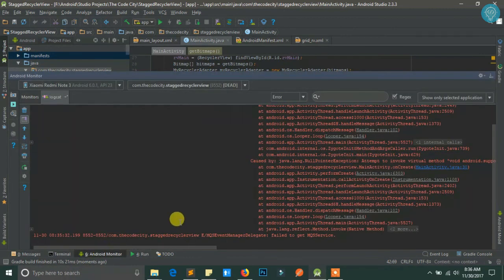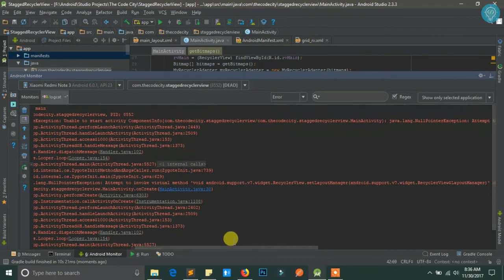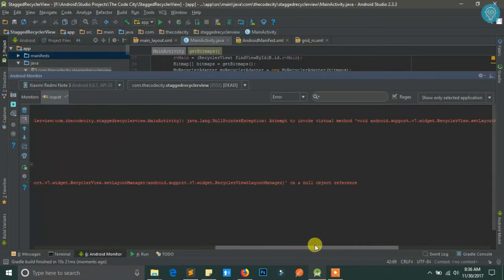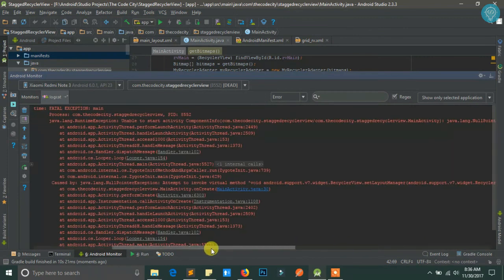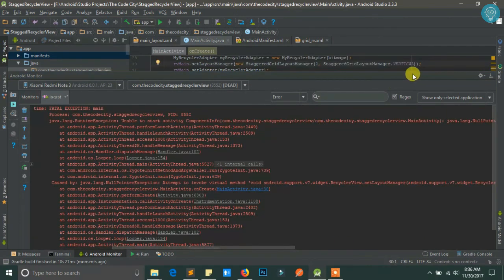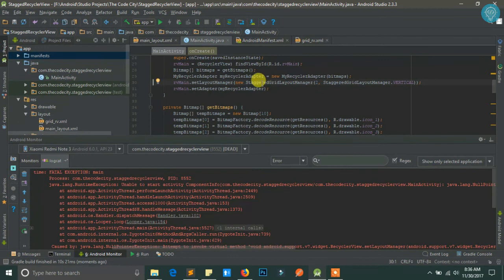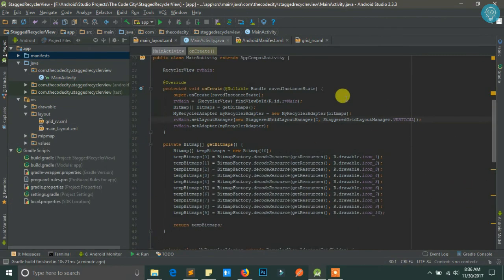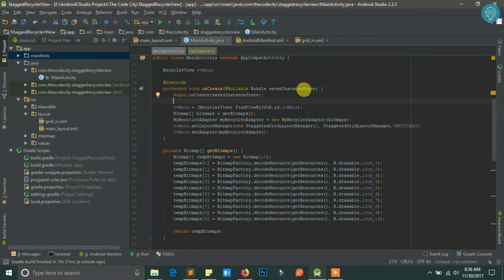Okay, again we have an error. I hope it's not the same error. We have a null pointer error. Okay, that's pretty stupid of me. Okay, not very stupid of me. What is this? Okay. Yes, very stupid of me, because I just directly referenced RV main without setting the content, so it doesn't know from where to search for this ID. So let's just set this